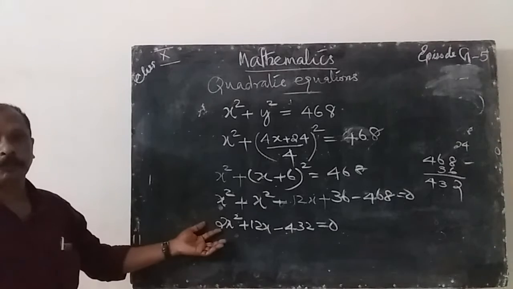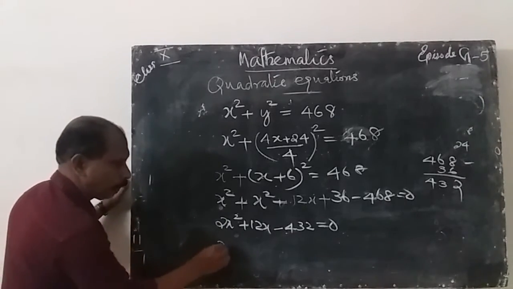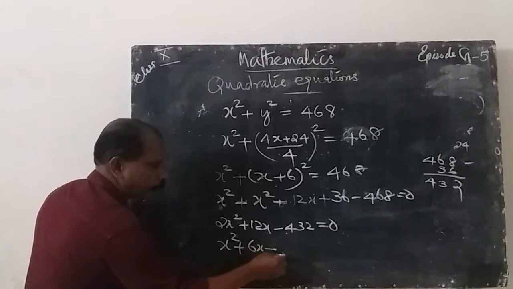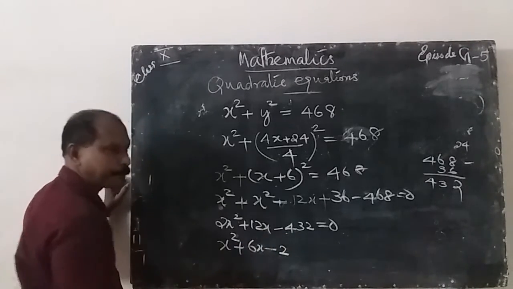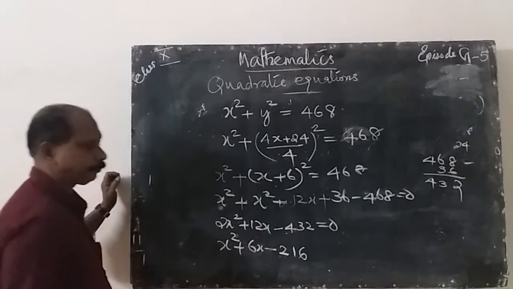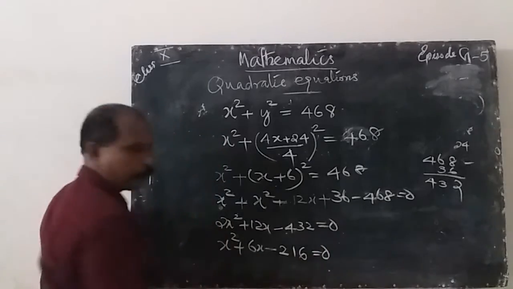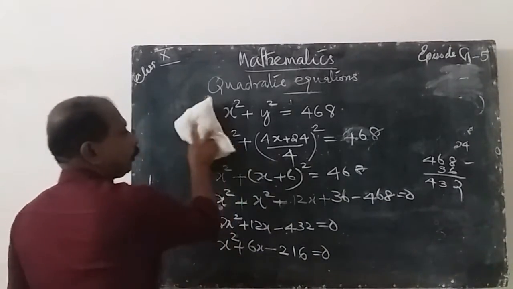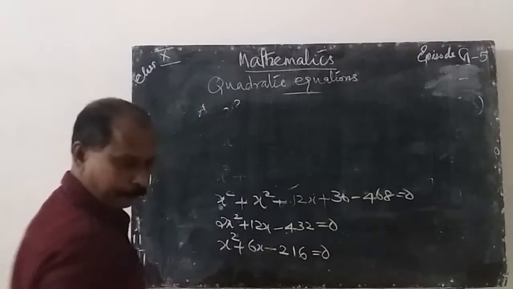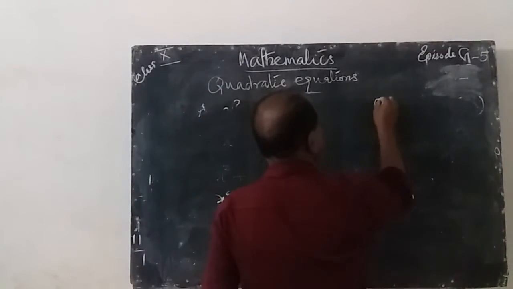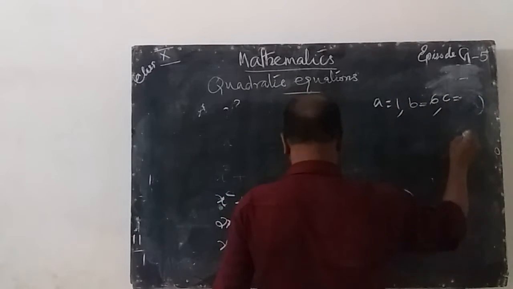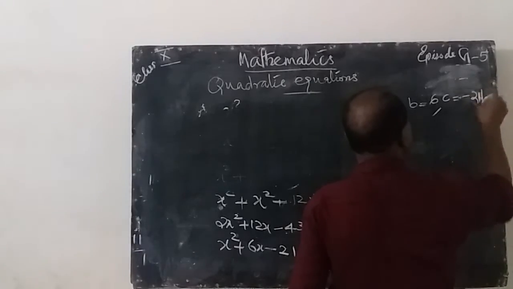This is not the simple form divided by 2. We get x square plus 6x minus 4 by 2, 2, 3 by 2, 1 times, that is 1 and 6. So 0, this is the quadratic equation. Then, using the quadratic formula, we can solve the equation. That is a is equal to 1, b is equal to 6, c is equal to minus 2 and 6.